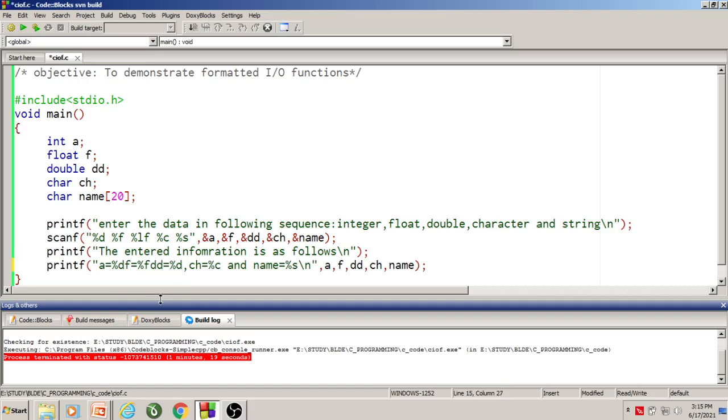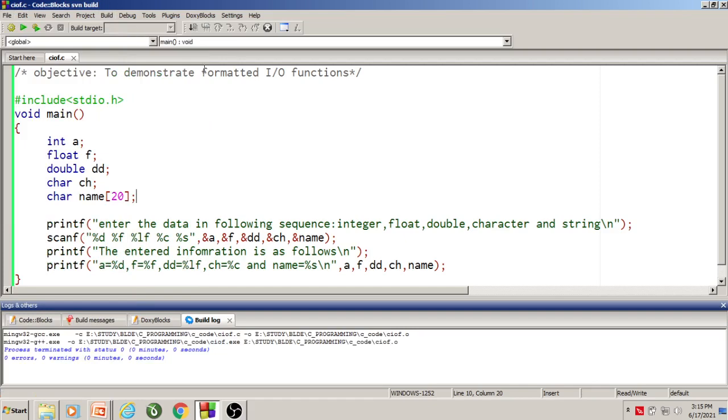Sorry, I have written %d for double. Actually, I want to display double type of data, but I had specified %d instead of %lf. So that's why we got that error. So let me save this correction.